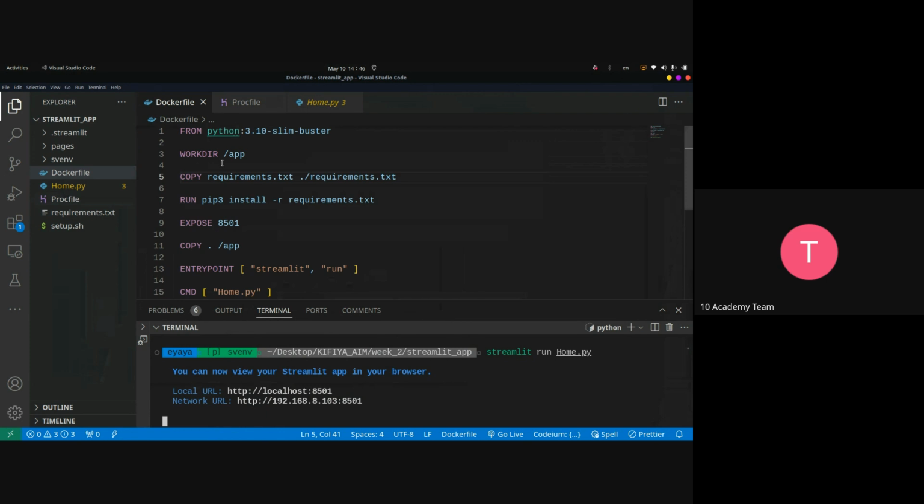and then the working directory in the container. You call it app or whatever you want, and then you copy the requirements.txt file into the app directory. That's what this does. Once you copy that, run pip3 install -r requirements.txt. It will run this, which means it's going to install all the dependencies in the container or in the image, right? And then you expose